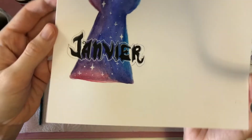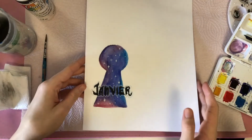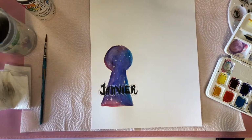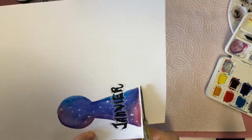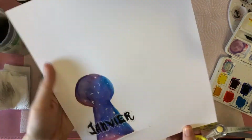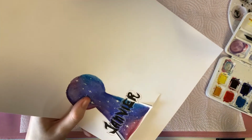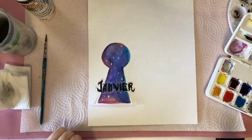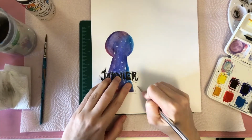And now we are ready to cut it. I started with plain old scissors, and when I was about to cut around the word janvier, I realized that it would be almost impossible without screwing this up. So I just got my small little X-Acto with a mat thick enough so I don't cut